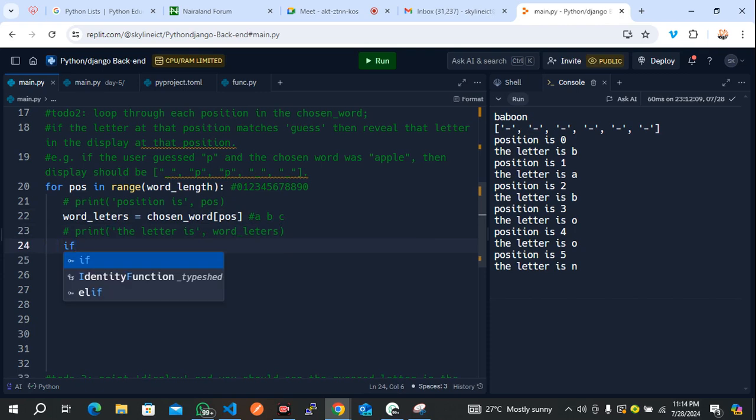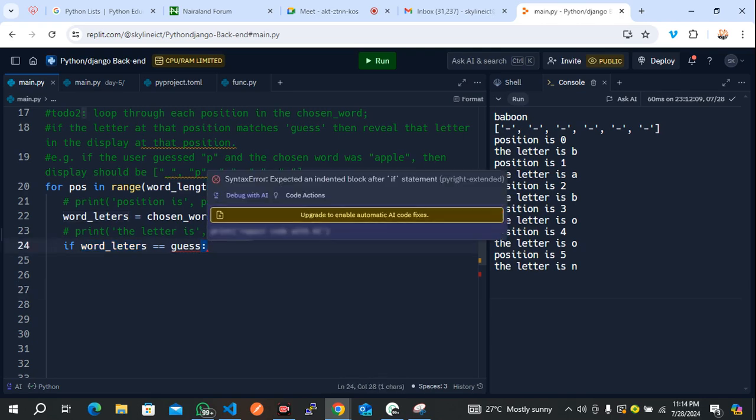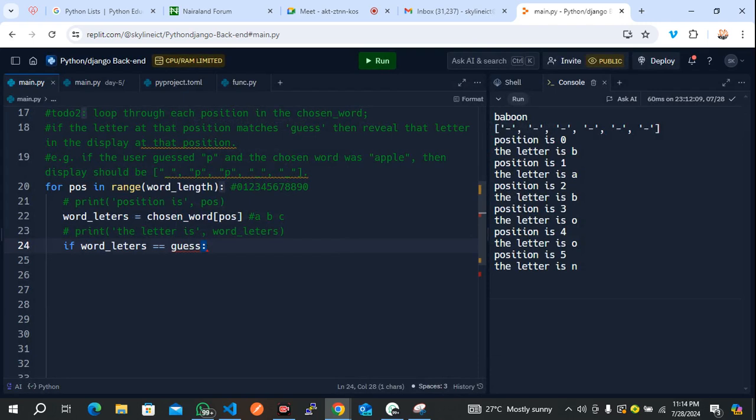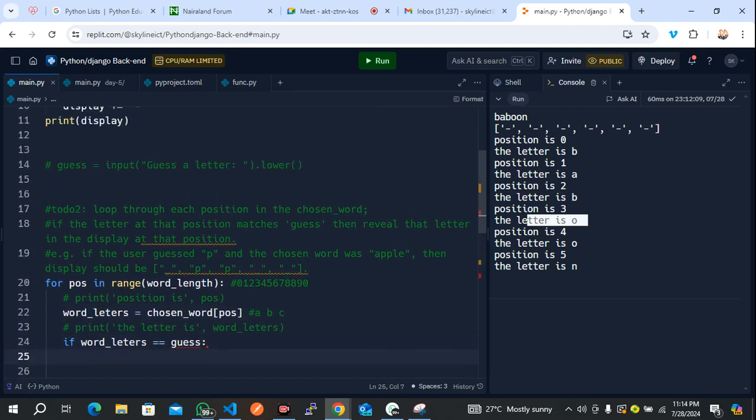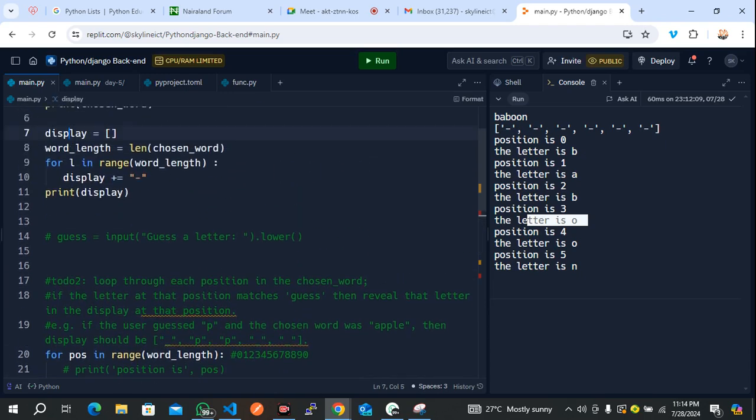So if the letter is equal to guess, let me remove this so that it will not confuse us. If the letter is equal to guess, that means, remember the letter here is this, right? So if the letter is equal to the user guess, so what are we going to do? Then what we are going to do here is to display, change this, right? We have to call this one,